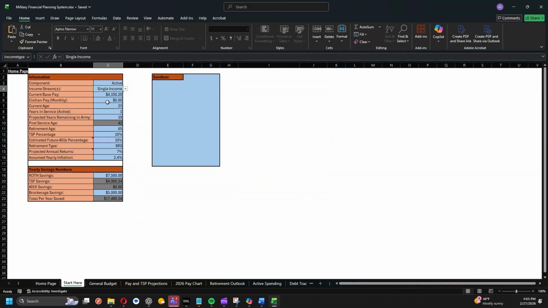Current base pay or drill pay for those who are Reserves or National Guard. Same for civilian pay. If you are Reserve or National Guard and you have a civilian job, enter your monthly pay there. Current age, how many years you've been in the service, how many years you think you have left. It'll automatically calculate your post-service age, retirement age,